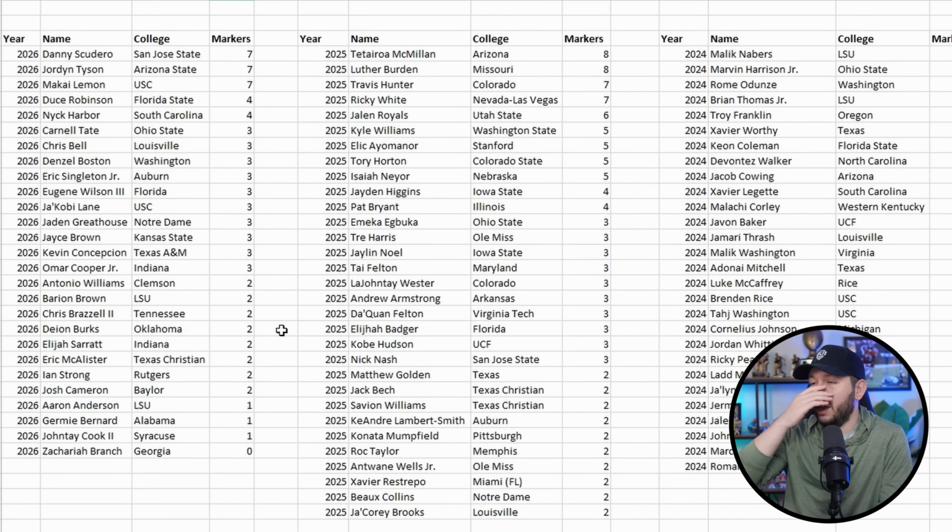And again, to compare them with the past few classes, last year, T-Mac and Luther Burden were sitting at an 8 out of 10 markers. At this time, Nabers was at a full 10 out of 10. So that just shows how incredible of a prospect he was. Marvin was at an 8. Odunze was at a 7. BTJ was at a 7. 2023, again, this is